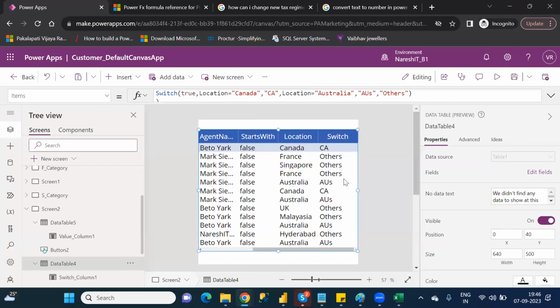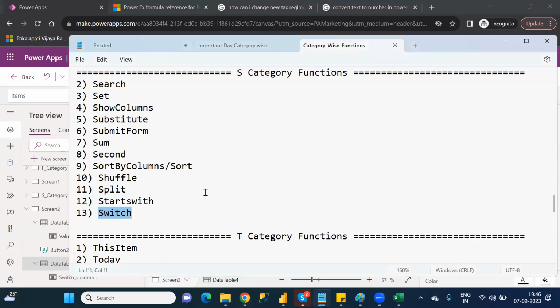Switch means, see, it is doing the same thing as If. In Power Apps, If is doing condition, statement, condition, statement, condition, statement. And Switch is also doing like this. Understand clearly or not? Okay. Both are like this: if you want to return statements based on a condition, then you have to use either the If or Switch function. Understand clearly or not? Okay. This is how you have to use it. Next one is